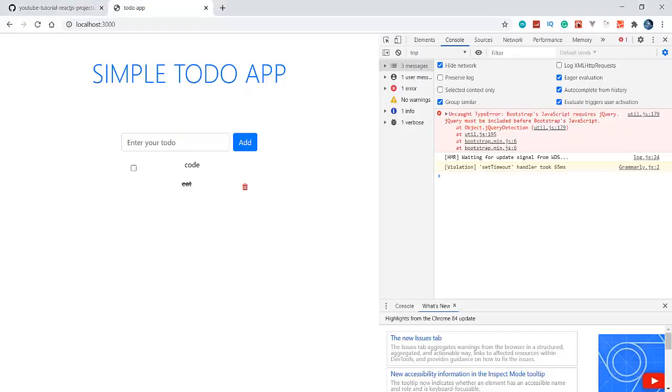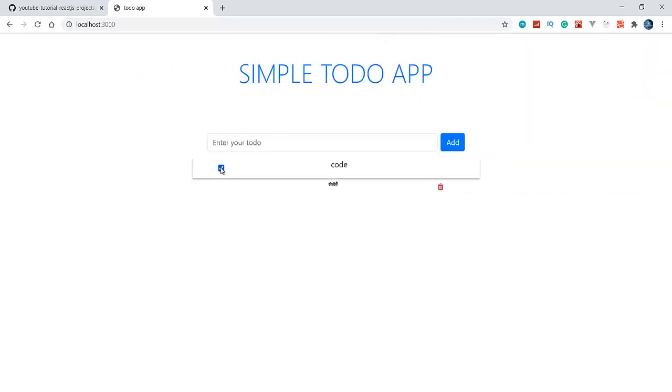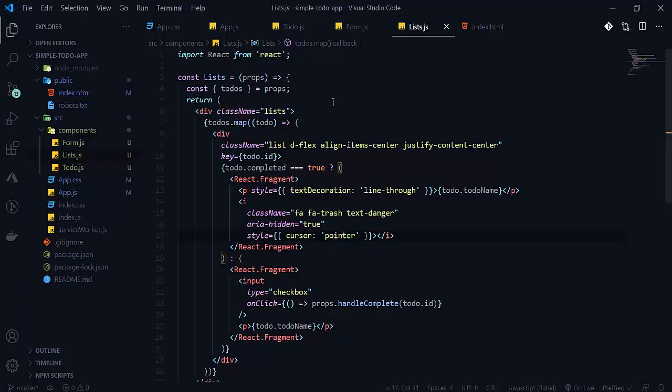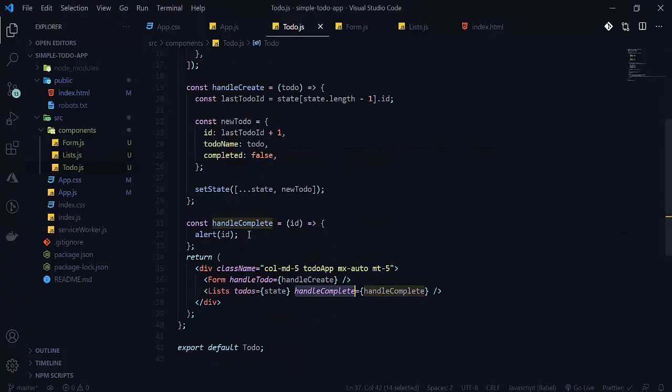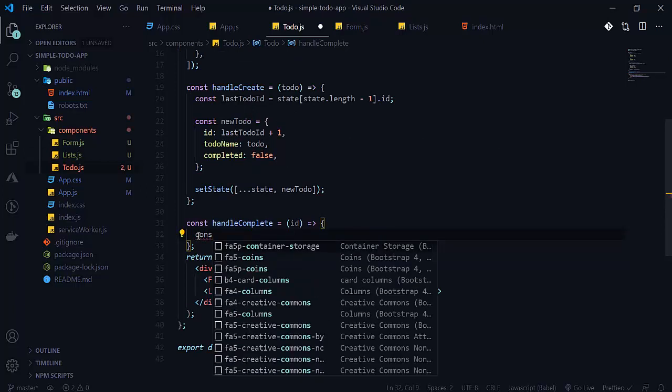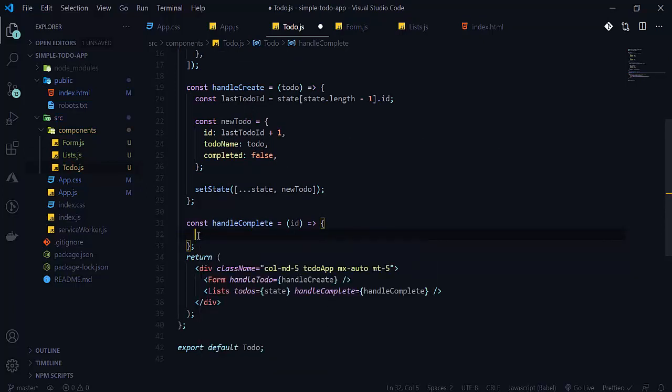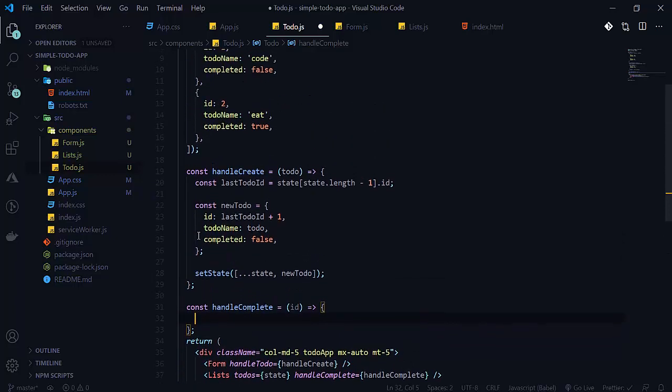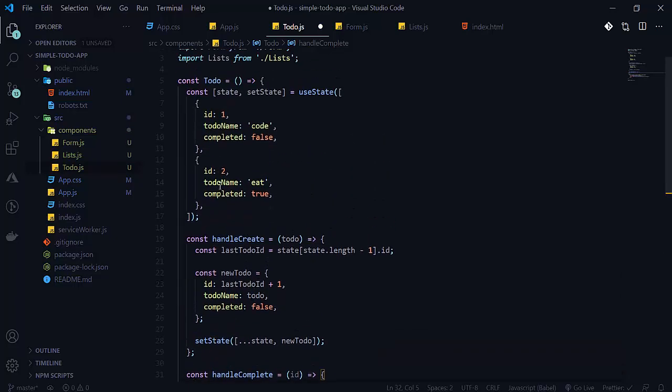So now let's update our todo here. Here we are getting id, so we don't have to write const here. Simply we will map our state here. Copy this, and here will be our state, state dot map.